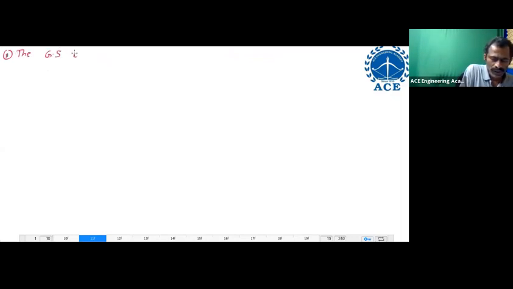The general solution of d square y by dx square minus 6 into dy by dx plus 9y equal to 0 is